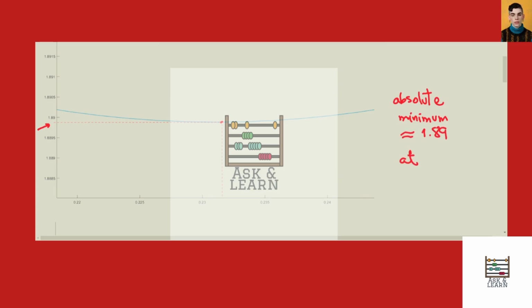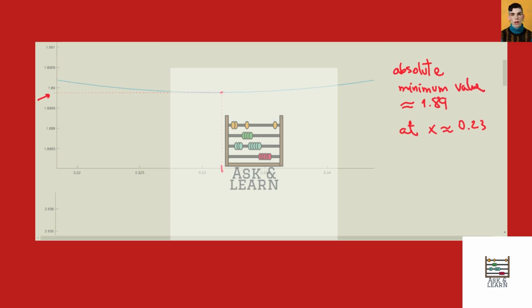And that minimum occurs about this value here, which is x approximately equal 0.23. That's for the absolute minimum value